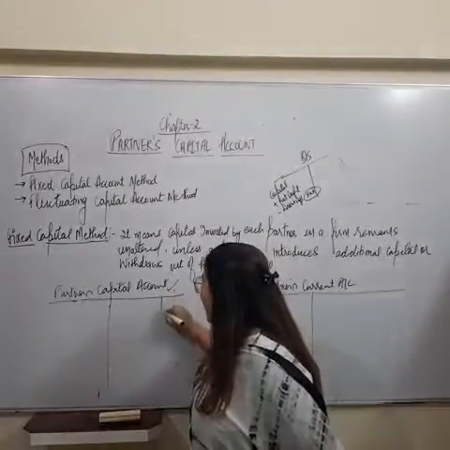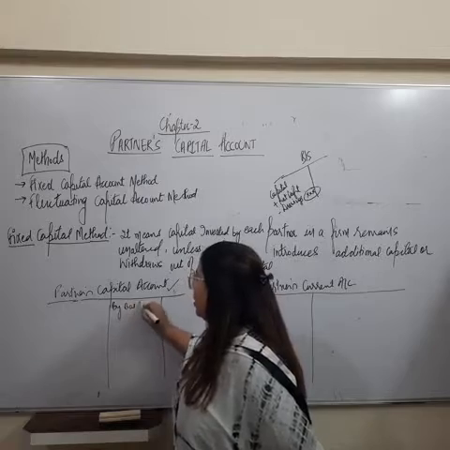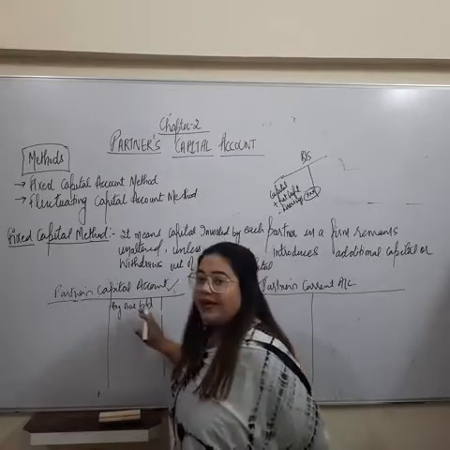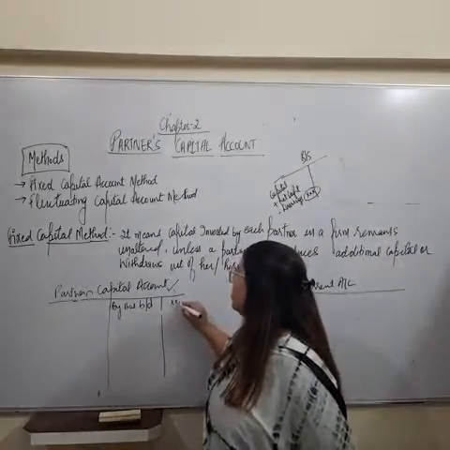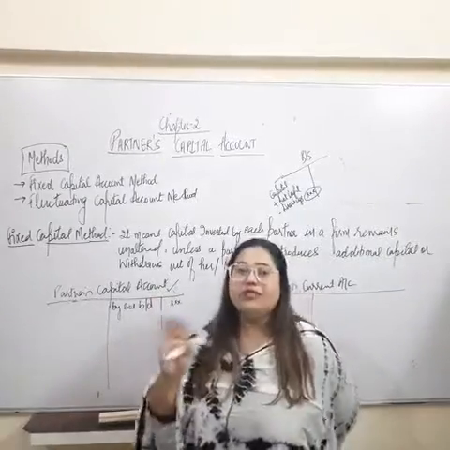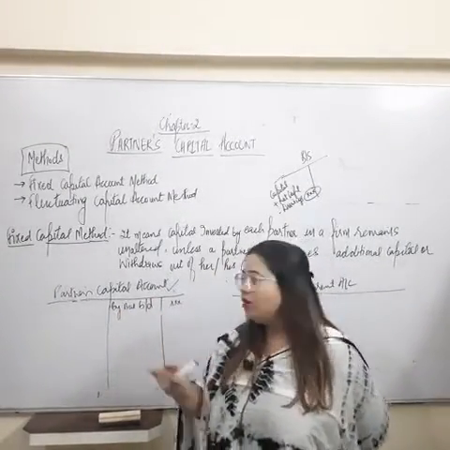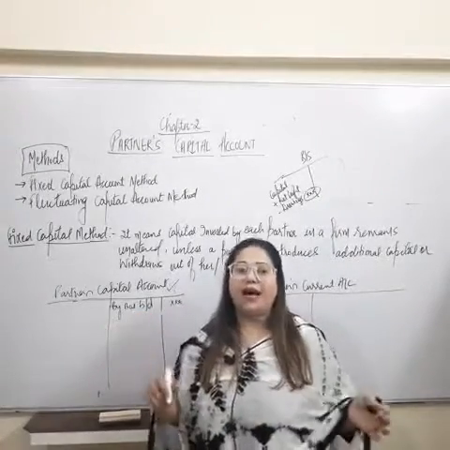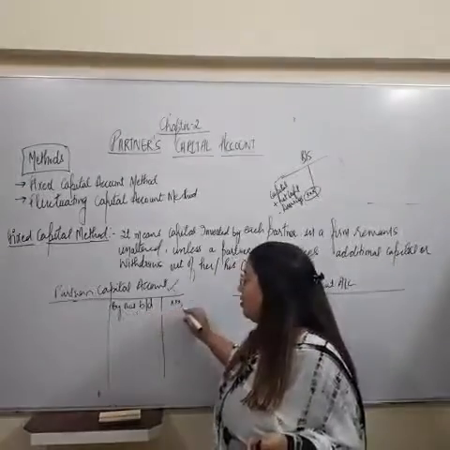So it will be started with the brought down balance by writing by balance brought down. Here we have to write the opening capital that is to be introduced by the partners. Those amounts will be recorded. Suppose I am making the partner account of a single partner. So firstly you have to start your partners capital account with the balance given in the balance sheet, the capital balance given in the balance sheet. So by balance brought down.